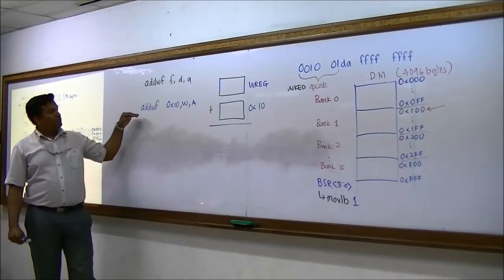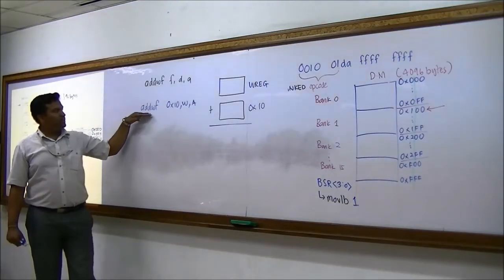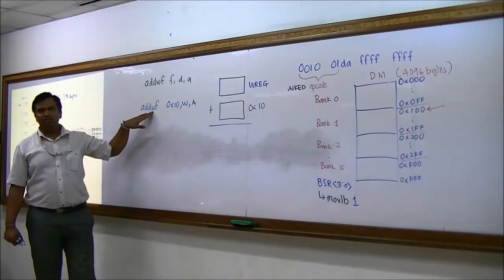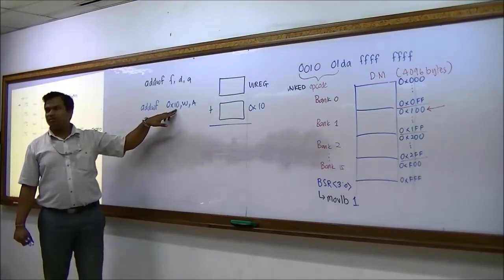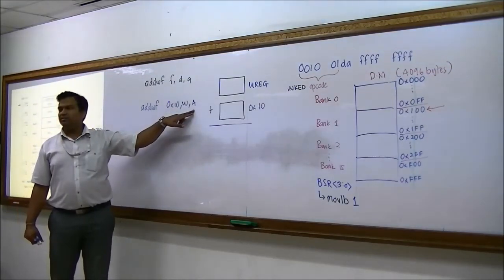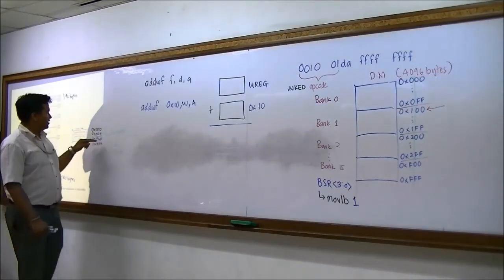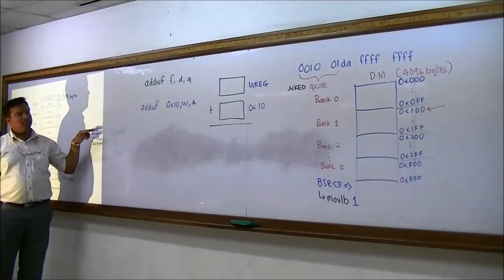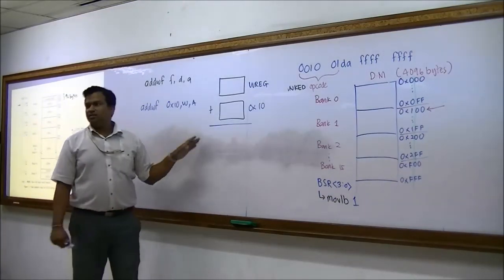So, do you see we don't need the bank information. So when this reads, add the content of working register to the content of file register. What is the address of file register? Hex 10. Then you will check, is it in bank or access bank? Oh, access bank. Access bank means you'll straight away get it from here. And you'll add and store in working register.